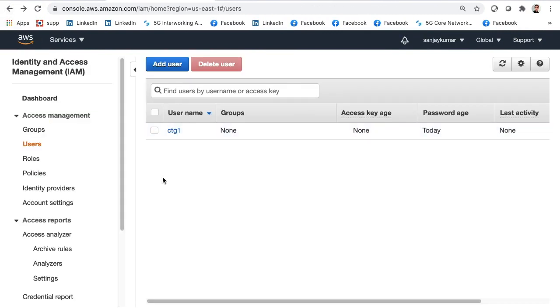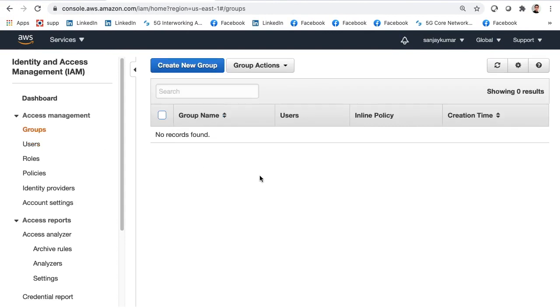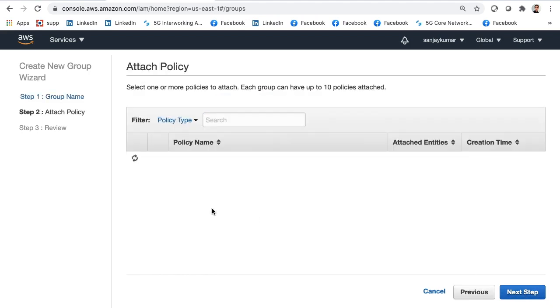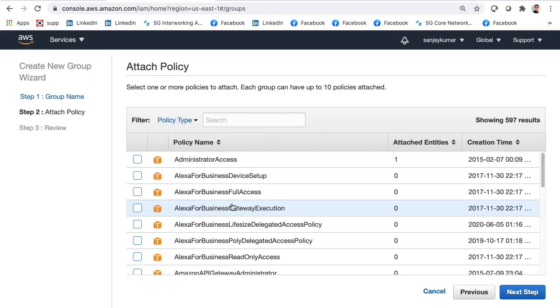Now let's go back and start creating a group. In this case, we are just creating a group, and that group name is development group. I have created a group for developers, and the department is the development department. Now what I can do is decide which policies should be given to the groups. I can have many users in the same group, and the policy given to the group is available for all the users in this particular group.